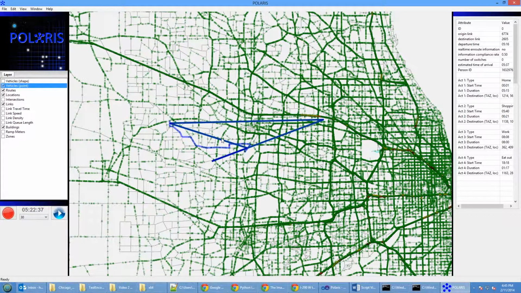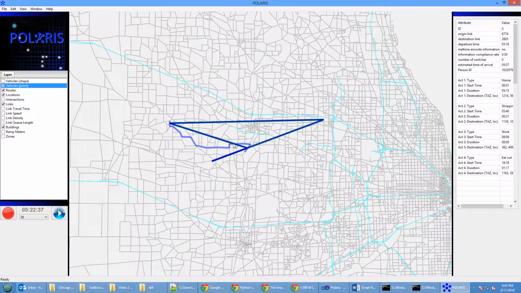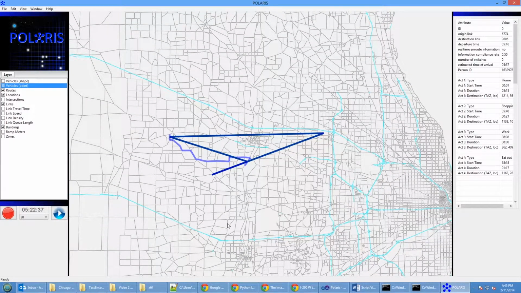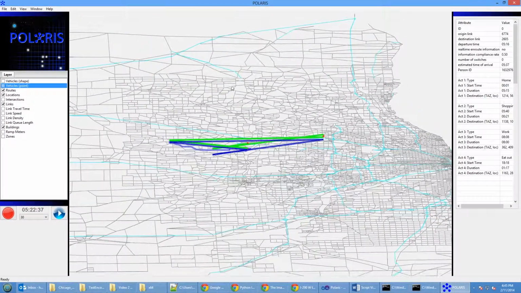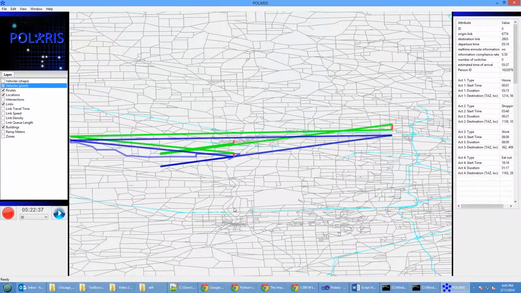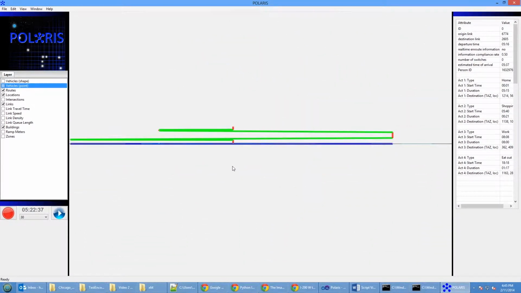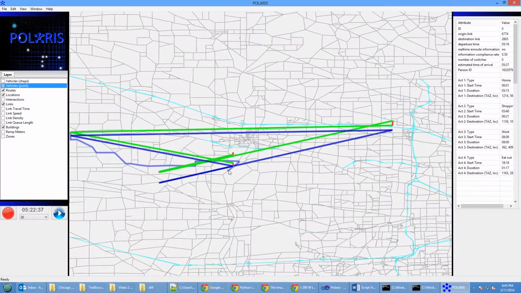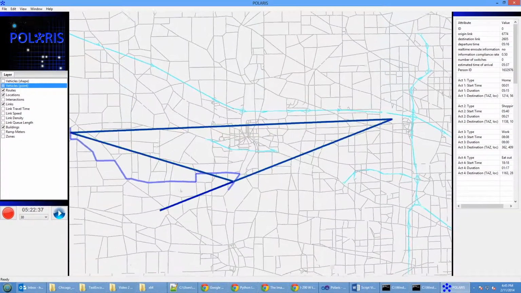Let's turn the vehicle layer off so we can see the activity pattern more clearly. The display now shows the activity travel pattern as a series of red bars representing activity episodes. These are connected by a series of sloping green lines representing travel episodes. Notice that the time dimension is shown in the z-axis direction, and that by rotating we can clearly see the temporal pattern of the plan.